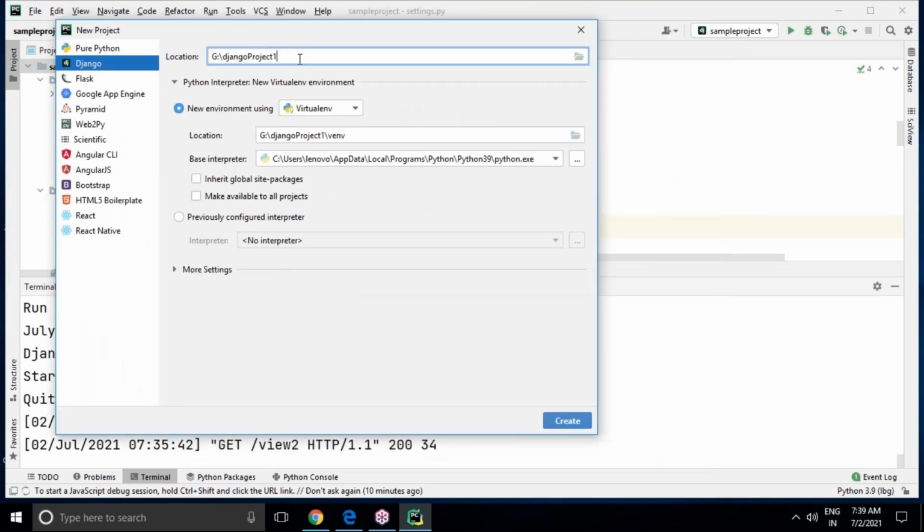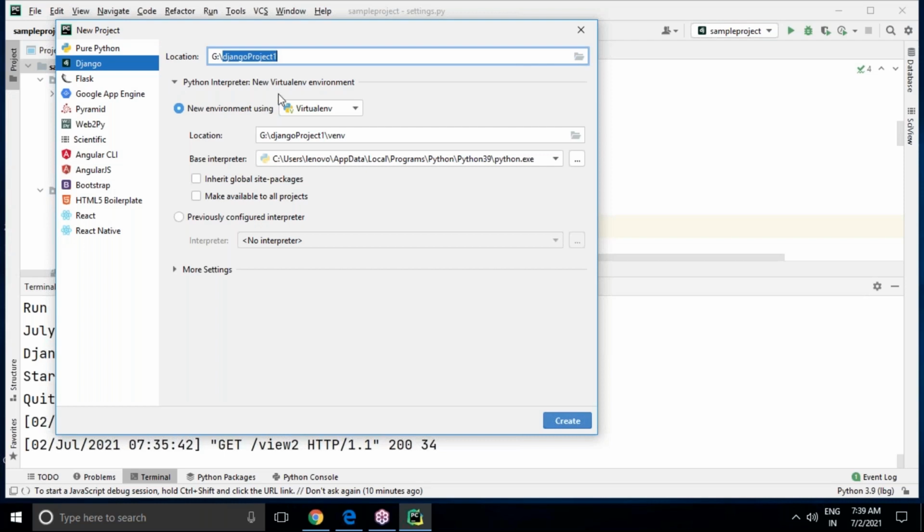In this Django project, again the project name is changed. You can see it is Django project 1. Once we create Django project 1, then you can see this. Sir, here the project name is okay. But what about the application? Later also you can create an application by going to the terminal, python manage.py startapp and your application name. Later we have to register that application name in installed apps under settings.py.